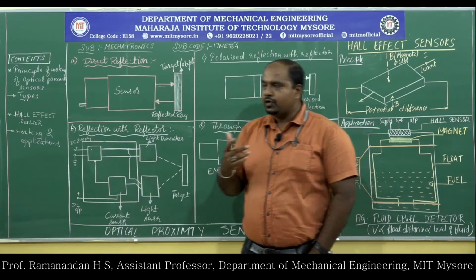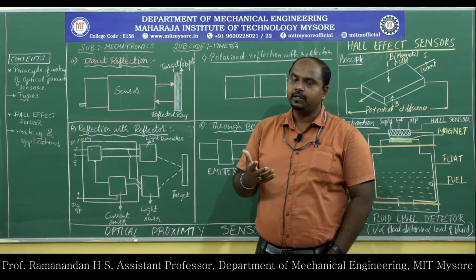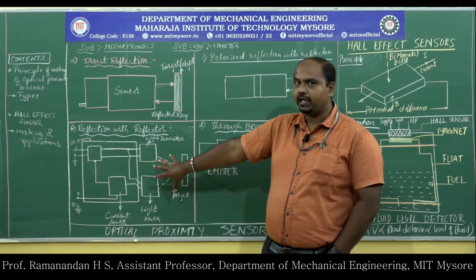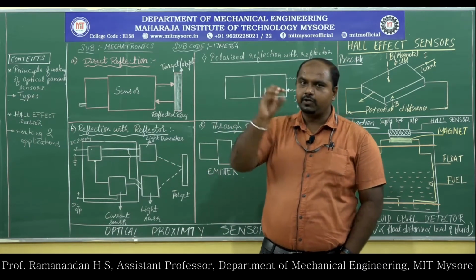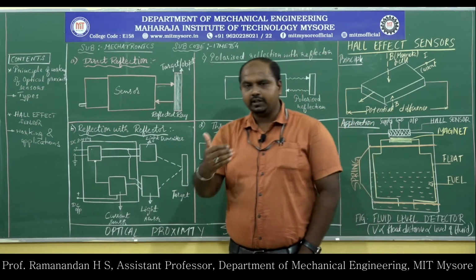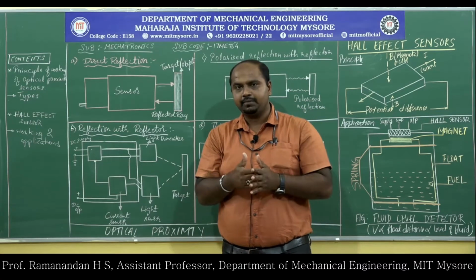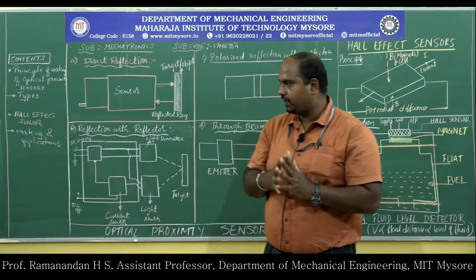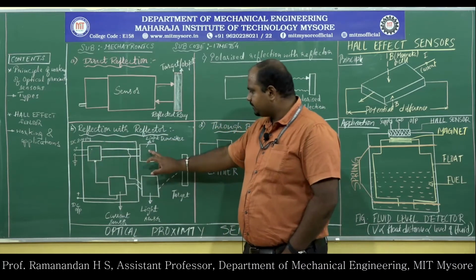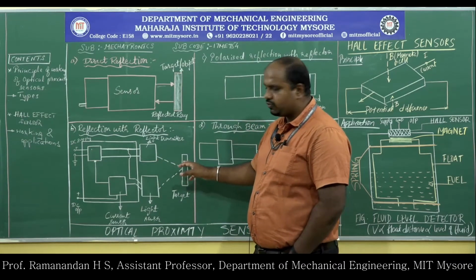Pulsed light makes the system foolproof. If there is a pulse output, any other light interfering with the system's emitted light will be avoided. Our light will usually be a pulsed type with a fixed frequency, which lets us know that this is the light emitted by our sensor. That is why we use pulse type light rays. There is a pulse generator which will transform this DC to AC light, and the AC light will be transmitted to the front end to detect the object.